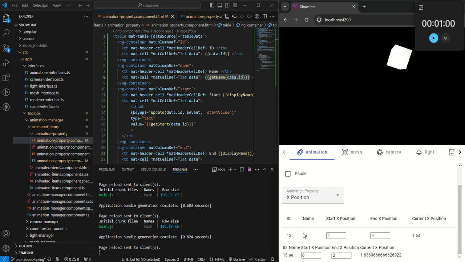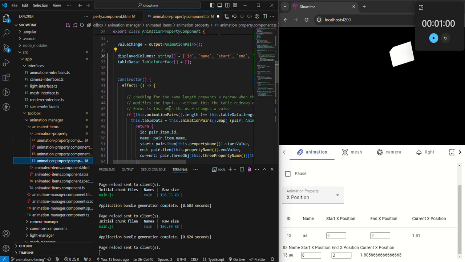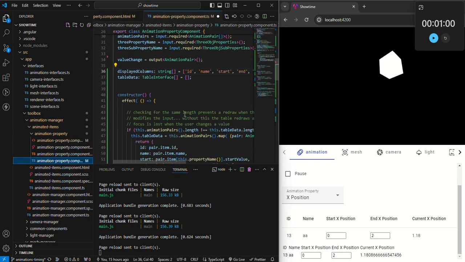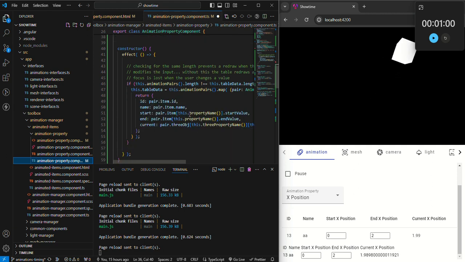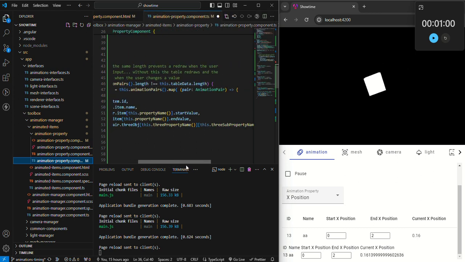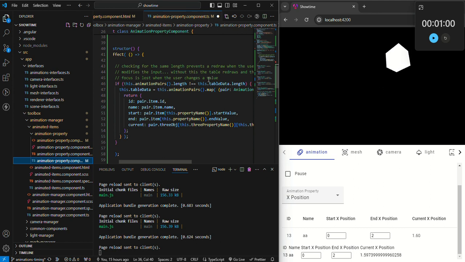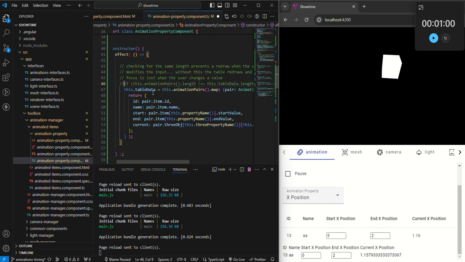You kind of have to pick your poison, because the reason this is happening is because over here in this effect, whenever our value changes, we create the table data and we do a mapping of it. But I only do that if this length is different. So if the length is the same, I leave it alone. And the reason I did that is, and I'm going to show you,